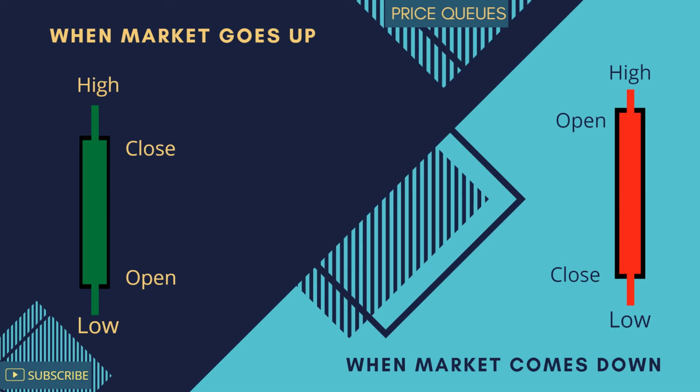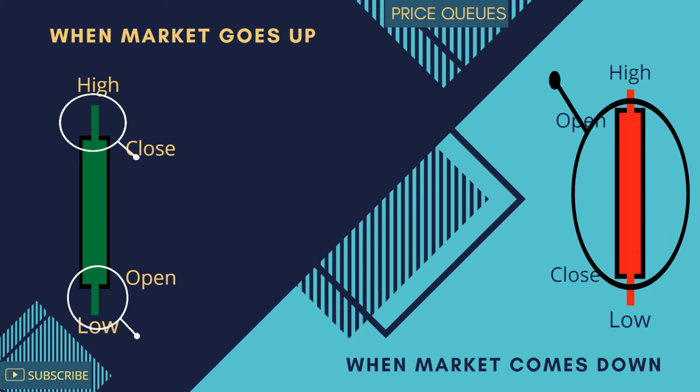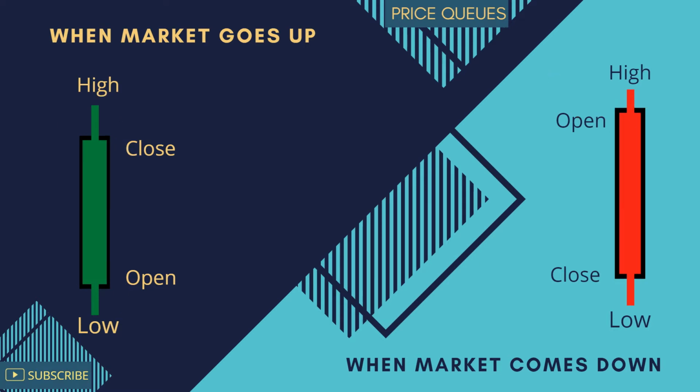Any candlestick, no matter red or green, consists of the wicks and the body. Let's understand each component in detail. The high of the candle is the upper wick or shadow of the candle, which is the higher price the market reached but could not sustain and came down again. Whereas the low is the opposite of the high. The low is the lower price that the market reached, could not sustain and came up again. The high and low of any candle simply shows price rejection.